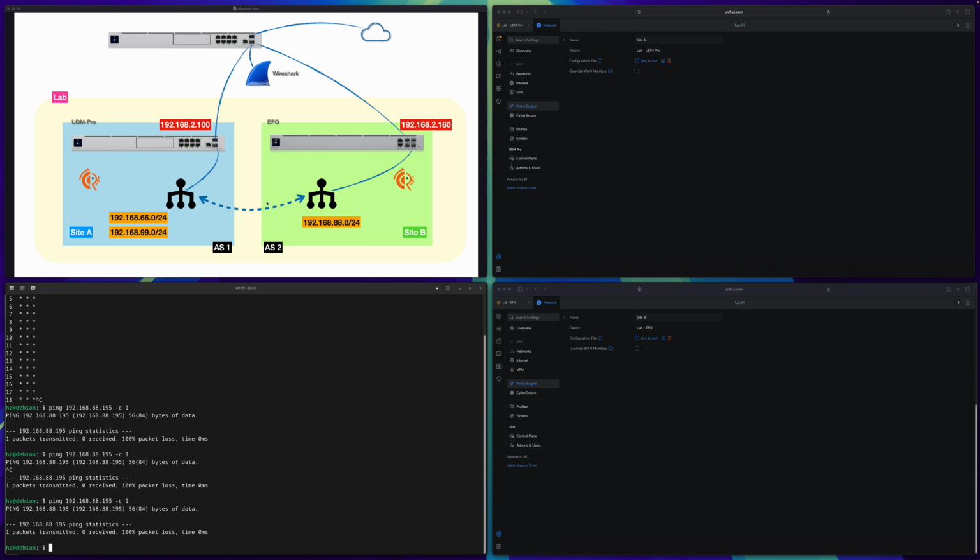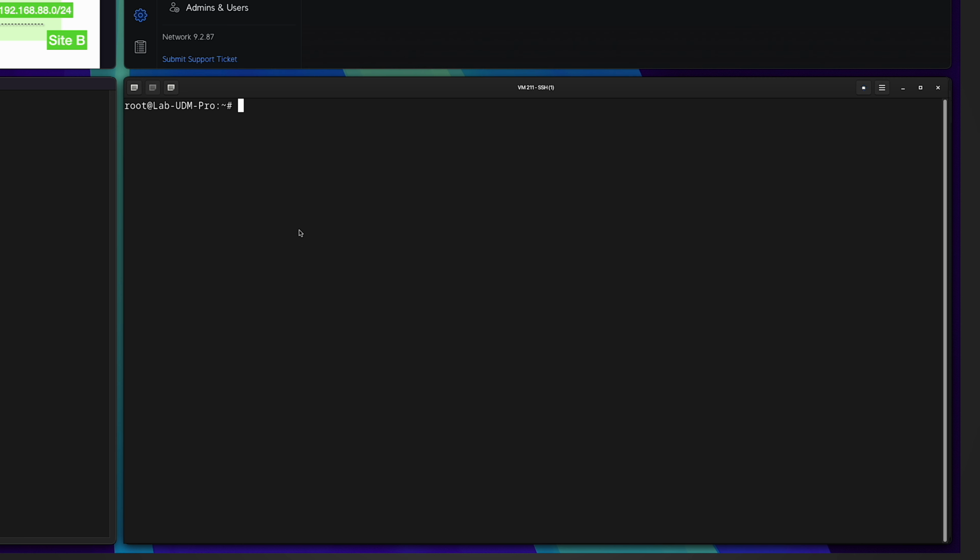Okay, let's move on. In the second part of the video, let's dig deeper, looking into the configuration file to relate the configurations with the backend implementation in UniFi Gateway. In fact, BGP in UniFi Gateway is implemented using FRR. FRR is very popular, it's free, open source, and it supports multiple very important routing protocols such as OSPF, RIP, and BGP. In this SSH session for UDM Pro, I can run